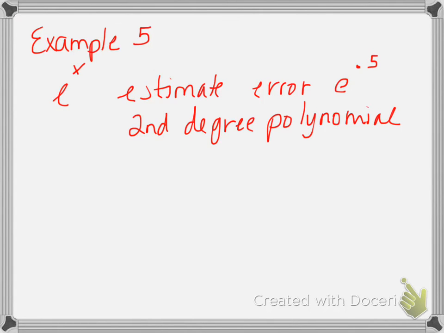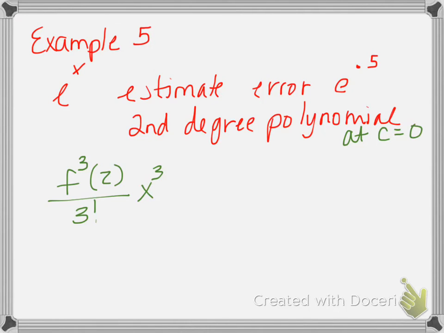So that means that I need to find the third degree polynomial. It's always one more. The third derivative over 3 factorial times x to the third. And it would have to tell you that c was 0 or that you wanted to center it around 0. So that's why it's x to the third and not like x minus 1 to the third or something like that. Because we're talking about e to the x, I know that the third derivative is e to the x. Now, because I'm trying to estimate what this is,